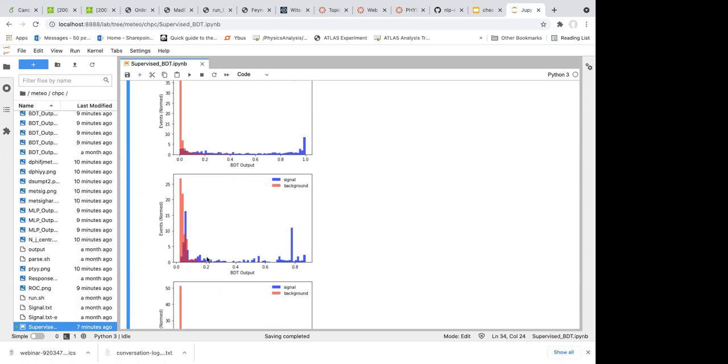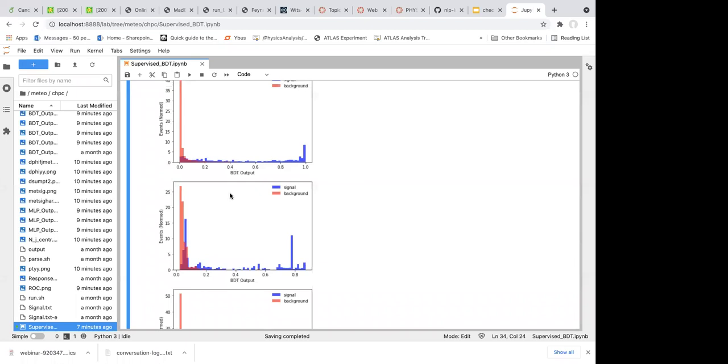Looking by eye, it's very obvious that you have more blue events on the background side than in the first method. That means the separation, the discriminating power, of the second method is not as good as the first one. Obviously, the first one does a better job, right?